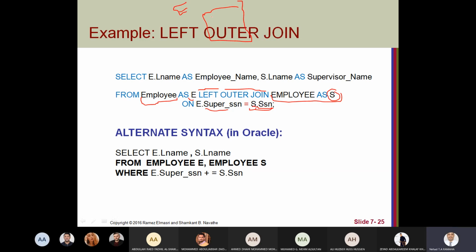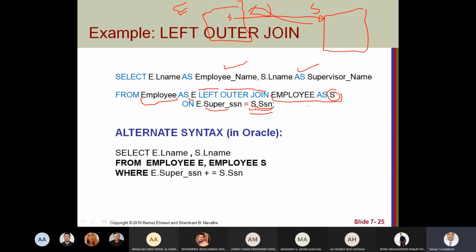Employee E means all the employees. Employee S means this employee also works as a supervisor, not only as an employee but as supervisor for another employee. So how do we connect them? When this employee has a supervisor number that exists here. So we take the employee name and we take the supervisor name.